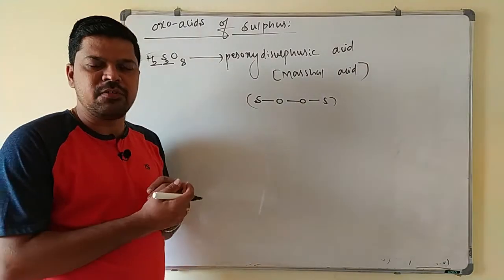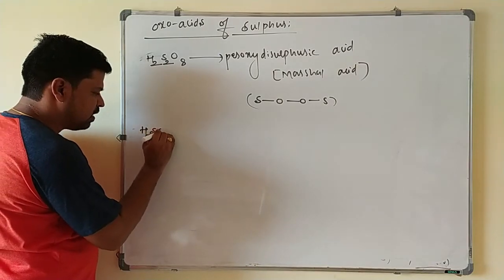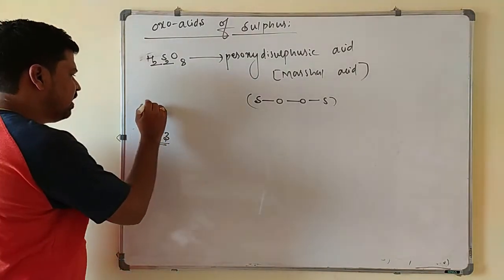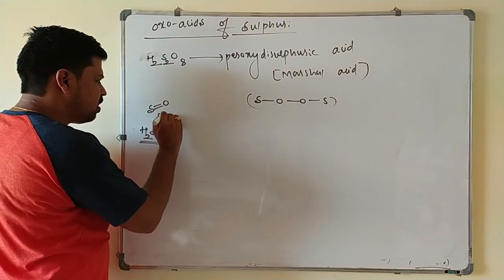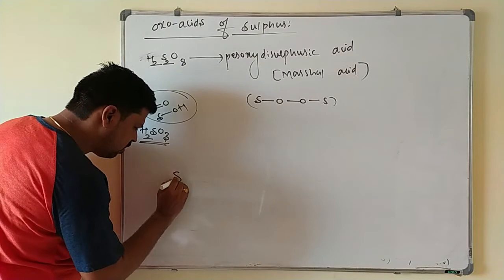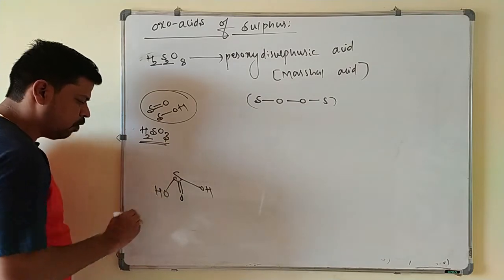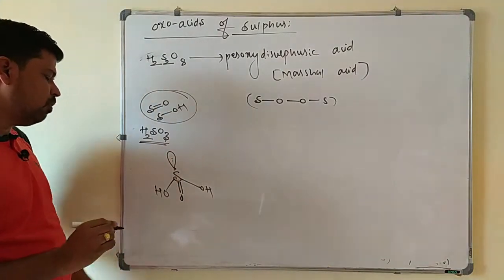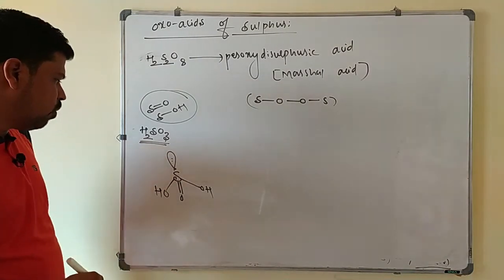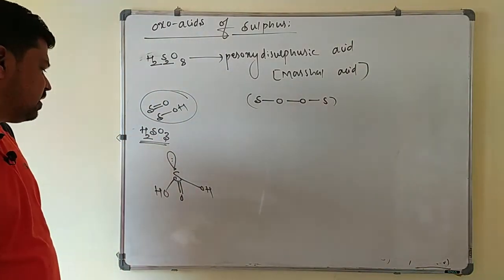Now I will write the structure of some important oxo acids. First one I will write is sulfurous acid, that is H2SO3. Always keep in mind, all the oxo acids contain at least one S=O double bond and one S-OH bond. Now I will write this sulfur. It has one S=O double bond and the remaining 2 oxygens are connected in the form of OH, and it has one lone pair of electrons, because sulfur forms 6 bonds, and here one lone pair is there and the remaining are 4 bonds. So this has a pyramidal shape, and this is the structure of sulfurous acid.